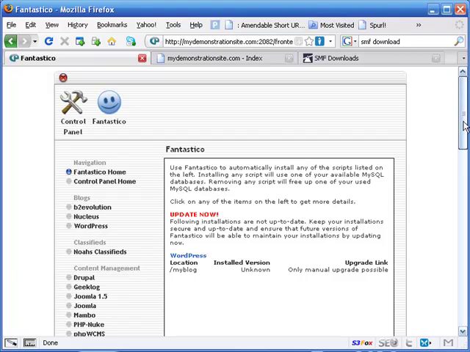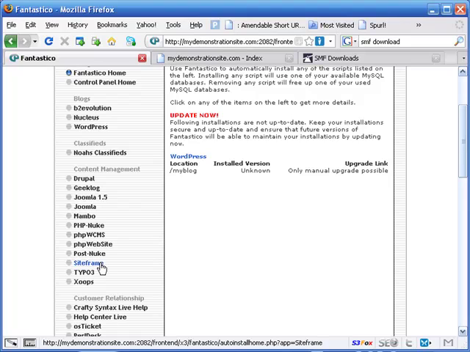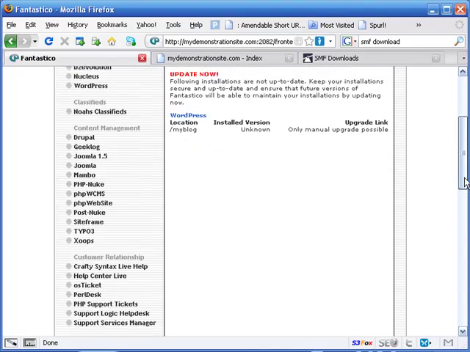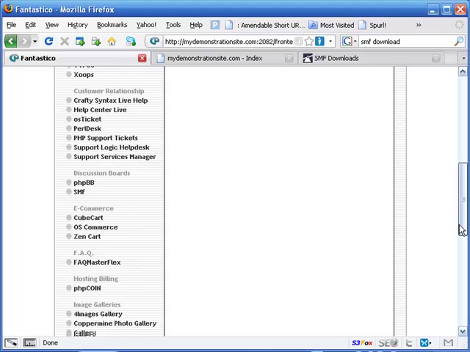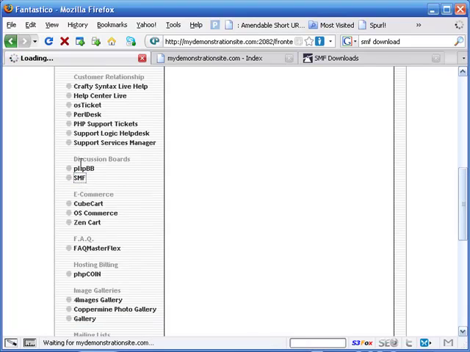You can see over here on the left column all kinds of goodies. If you've not been to Fantastico before and you've got it available, shame on you. Get over there right now. Well, after the video is done, get on over there and check these out. You've got a lot of goodies awaiting you. So let's go to SMF under the discussion boards,